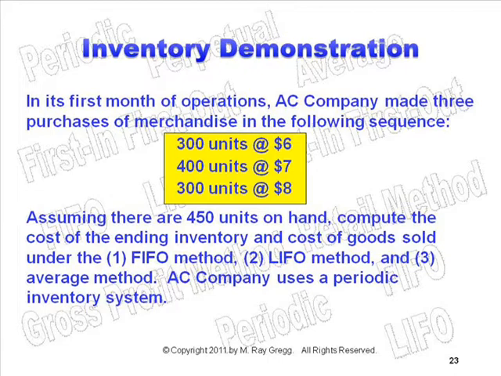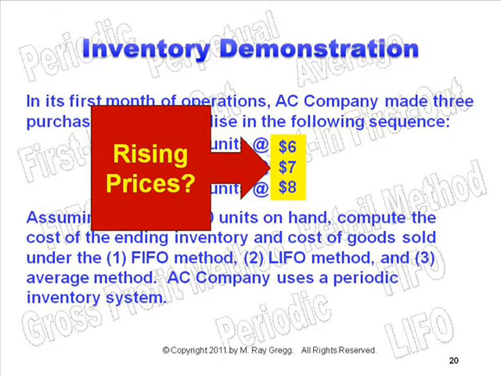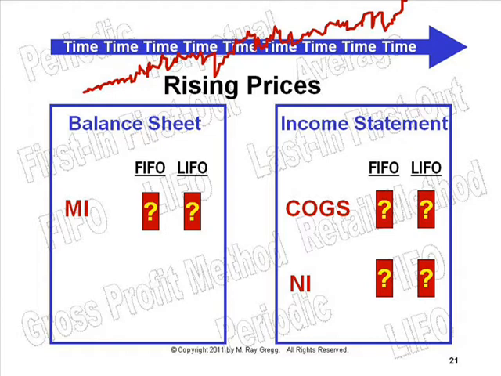So, one of the things I'd like to do is look at just the prices. The quantities were acquired for $6, $7, and $8. I'm hoping that you'll assume with me, see from the facts with me, that this is a period of rising prices. And we talked about in Monday's lecture and in this presentation the predictions that we could make on the impact of merchandise inventory on the balance sheet and cost of goods sold and therefore net income on the income statement of this impact of rising prices